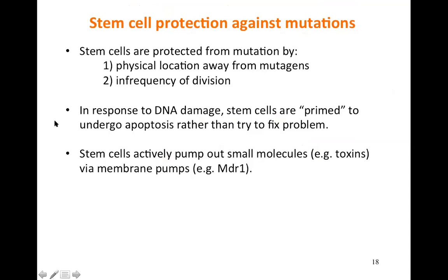Also, stem cells are primed to be very sensitive to undergo apoptosis if their DNA gets damaged. So unlike a differentiated cell that might pause its cell cycle and try to fix itself with P53, the stem cell may do that as well, but it won't really try as hard to fix itself. It'll more likely just undergo apoptosis, as a conservative way of trying to avoid the potential for a problem being passed on to all of its daughter